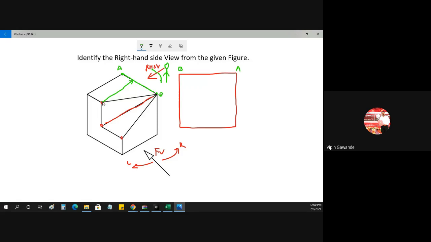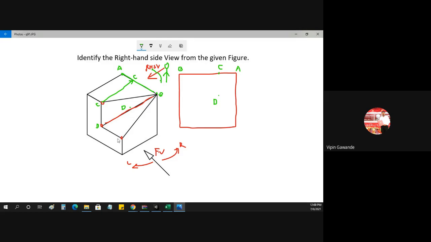Then we have transferred this. Suppose this is your C point. So you transfer this C point, and it comes nearer to A. So we'll get C point here. Then we have to transfer this, suppose D point. D point is some vertical distance below, so D point will come somewhat here, below the C. Then there is a line between B and D. We'll draw that line afterwards. First we'll transfer the points.